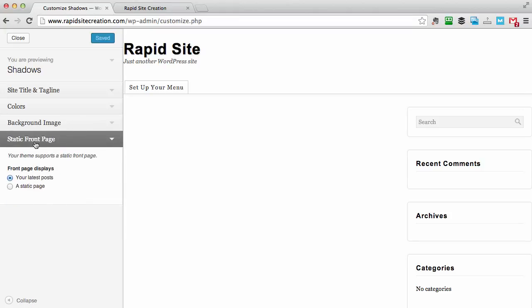We've touched on this before, static front page. So this is a blog format we've set up at the moment, so it's just going to show our latest posts. Every time we put a post on there, it will show a little snippet which you can click through to see the full post. Or you can have a static page so that the page just stays the same constantly. You can have a page of content up there like a